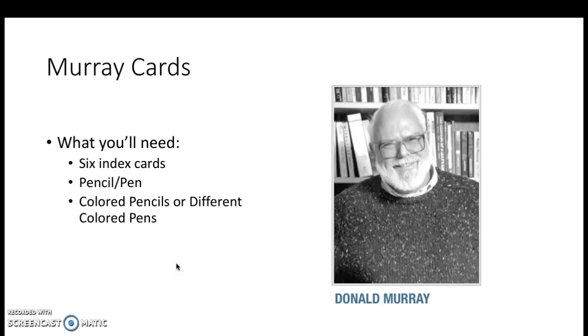What I need for you to do for this particular activity is to get 6 index cards. If you don't have access to index cards, you can just use 6 pages in your day book. That's fine as well. You're going to need a pencil or a pen, and then you're also going to need a couple different colored pencils or a couple different colored pens, because we're going to be doing some different things with your writing that's going to involve you editing and revising, and I would like for you to do those in different colors. All right, so here we go.